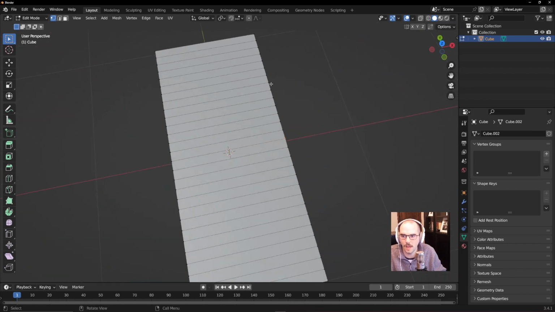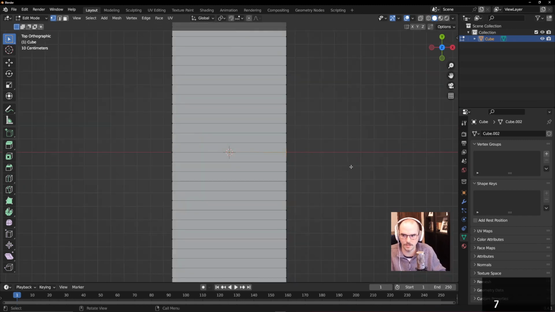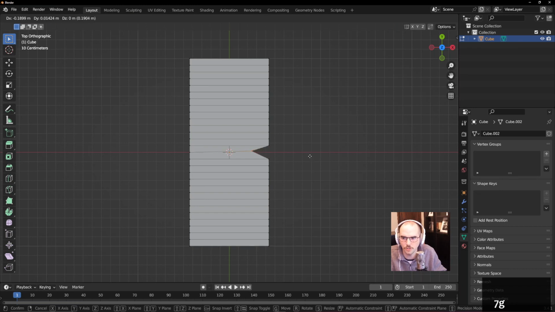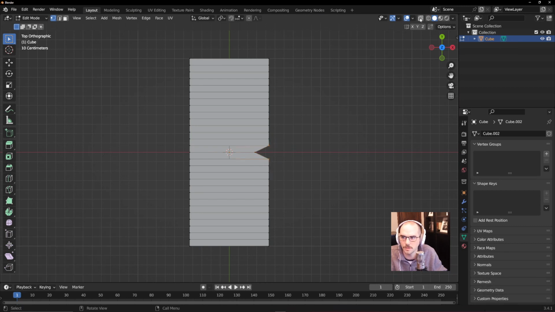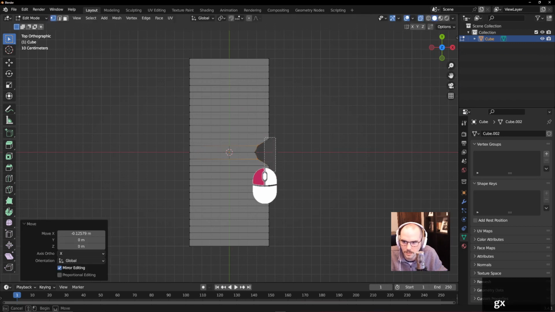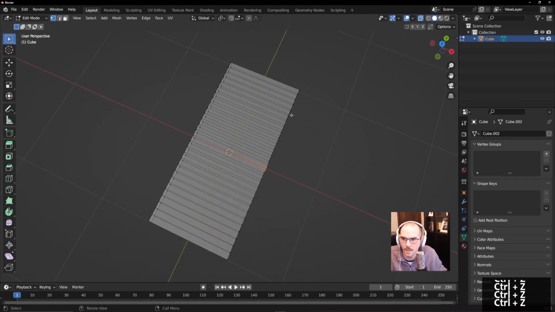So if I wanted to have a curve on the inside here, let me go 7 for top-down view. If I go G, I'm only moving those 2, GX even, I'm only moving those 2 vertices. And then I could grab these ones, maybe turn on X-ray select. I could grab these and go GX and move those kind of into place, but this is tedious. You don't need to do it like this. You don't need to grab one at a time. If you turn on this proportional editing mode,